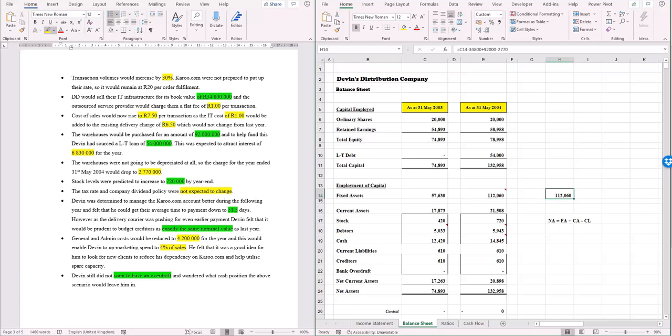All right, so a reminder, what's going on here? Existing assets minus those that you sell plus those that you buy less the depreciation of your assets. Great. Stock number. There, they gave us the stock, 720. The debtors number,